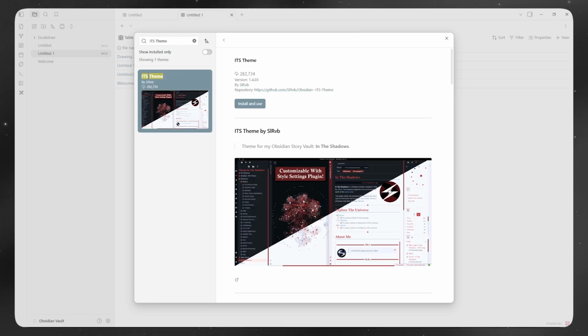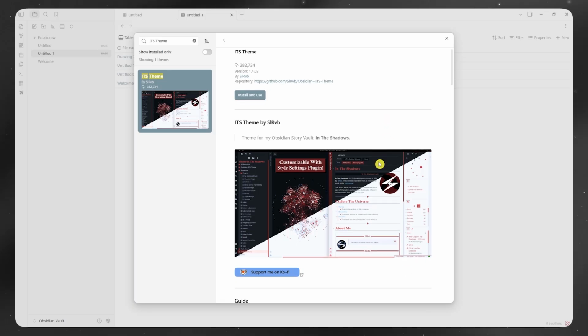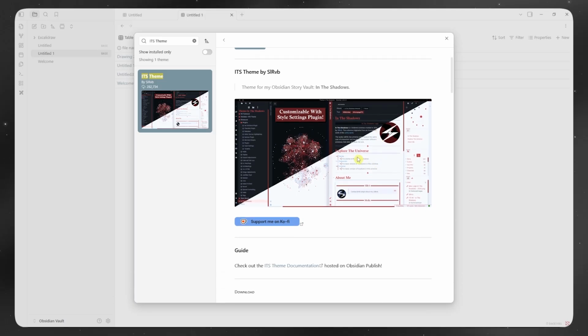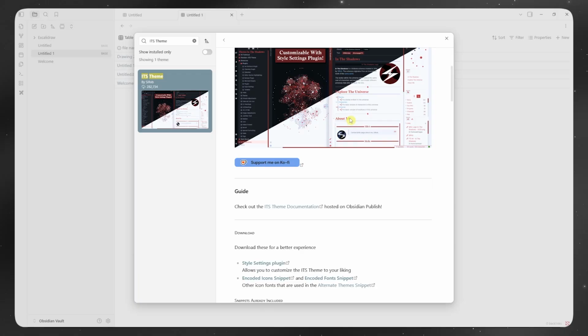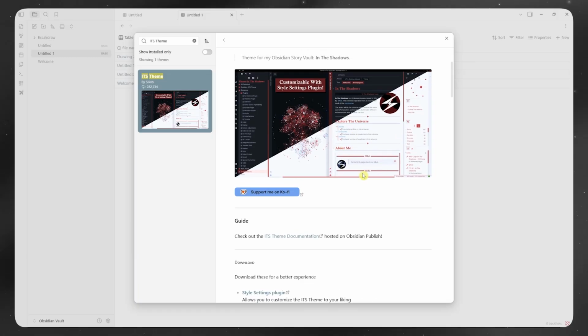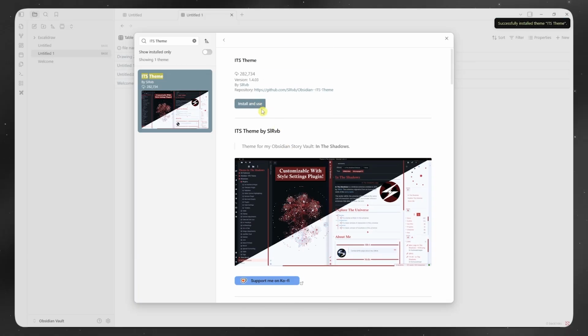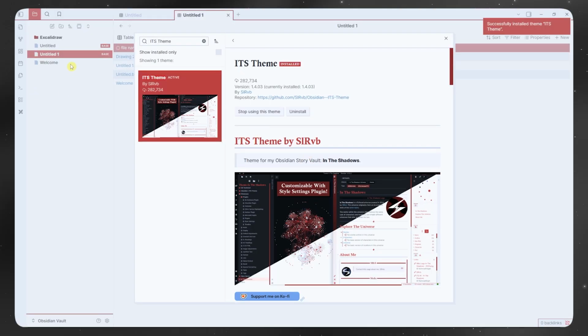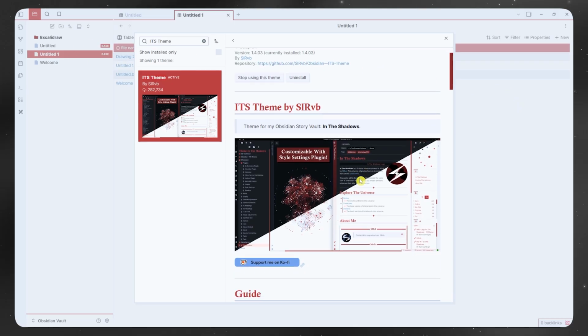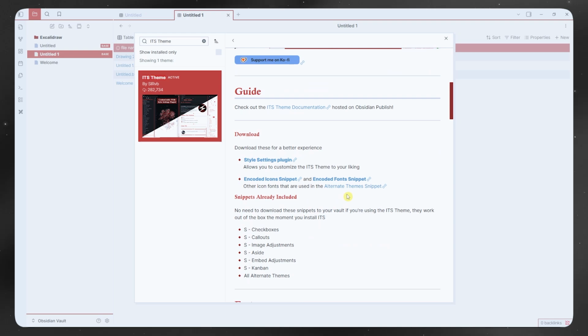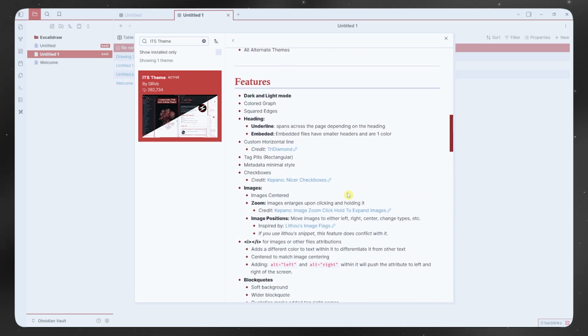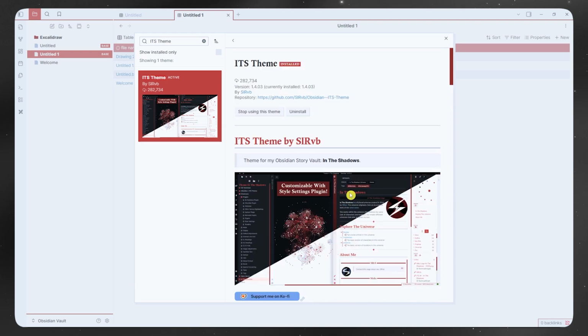So this one right here is slick and professional. It supports both light and dark modes with smooth transitions, making it ideal for creators who work day and night. The layout is balanced with crisp lines and modern UI elements. It's great for client-facing vaults or business notes. You can customize block quotes, embeds, and headers using the style settings. It pairs well with dashboard plugins like Data View and Advanced Tables, giving you a polished workspace that feels like